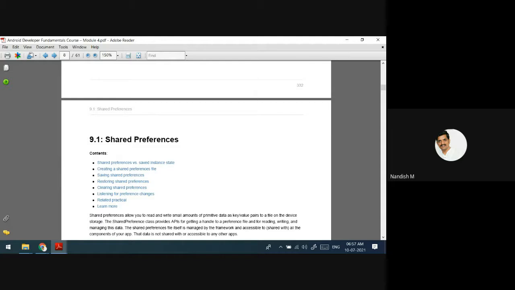That is why the shared preferences will help you to read and write only a small amount of primitive data, that too in terms of key value pairs. Okay, if you use this preference, it is like a storage. With that shared preference handle, you can read, write, or manage the data.